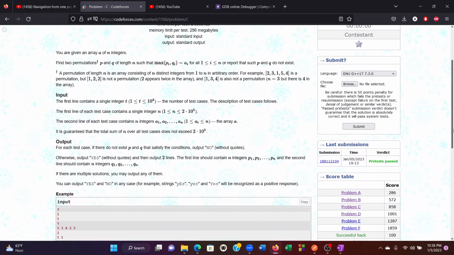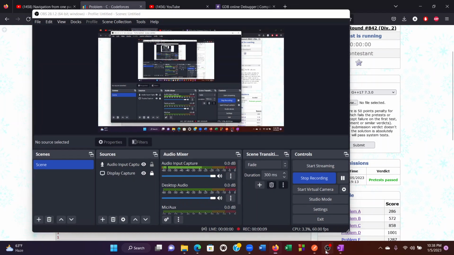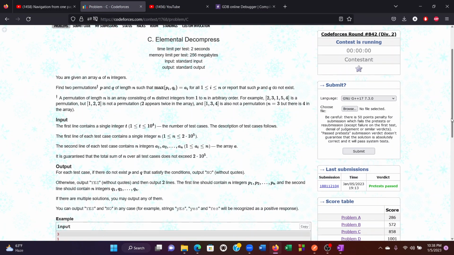Hello and welcome everyone. So I'll be trying to explain this problem known as Elemental Decompress. As you can see in this problem, you're given an array A of n integers, and